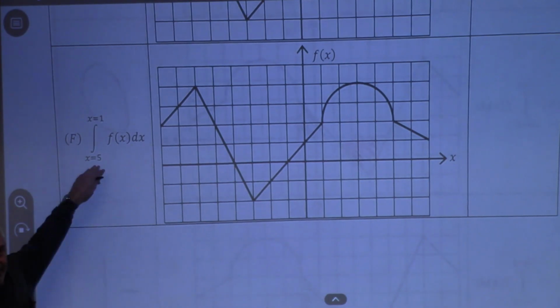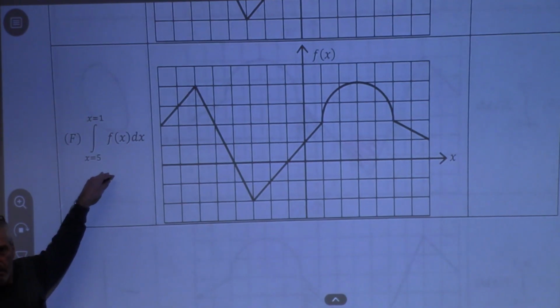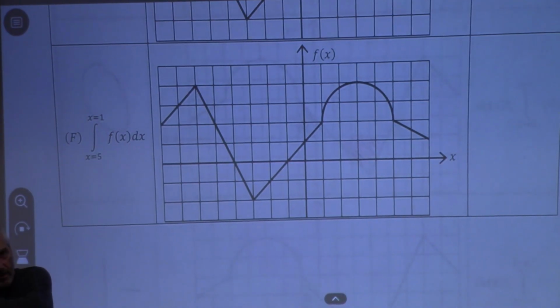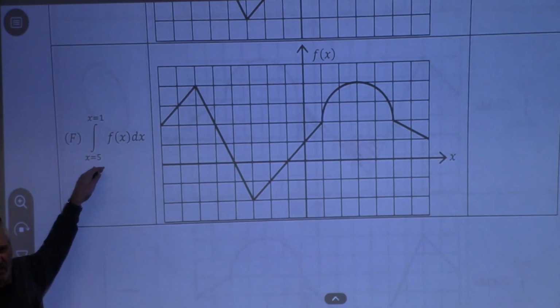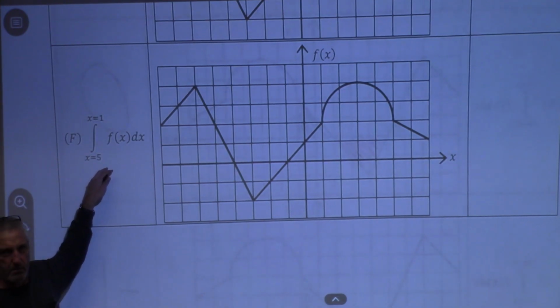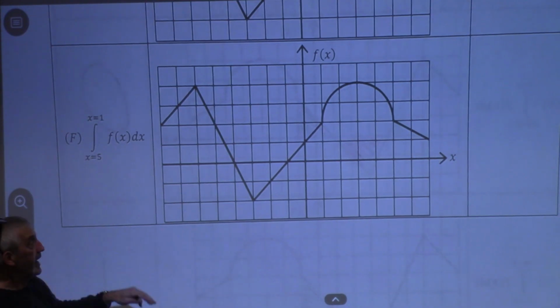So what the heck does this thing mean? This all started out with a function on an interval, but I've got something that doesn't have an interval associated to it. Cooper is anxious to answer. Anybody else got something to say? Cooper, take it away. What if we multiplied it by -1? Right, so